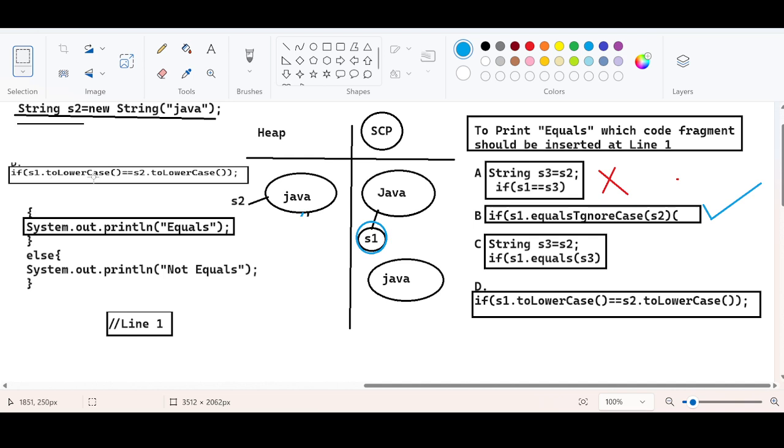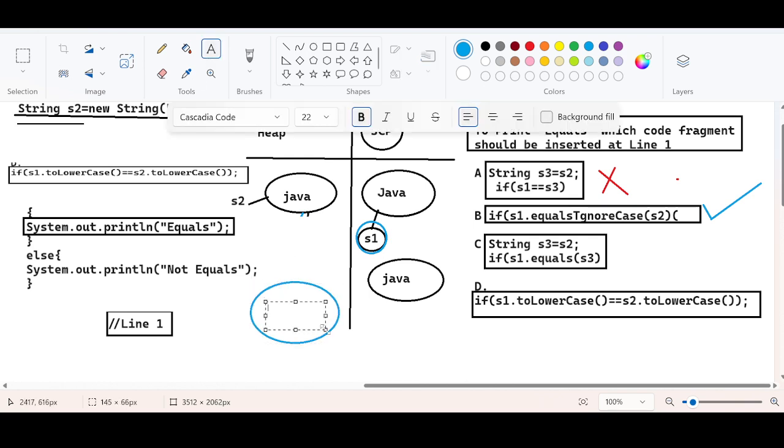Okay, S1 dot toLowerCase. S1 is here, right? And you are trying to do what? You are trying to convert the content to lowercase. So the first letter is in uppercase. Java, the first letter of the content is in uppercase. So we are trying to convert this to lowercase. Due to the runtime operation, a new object will be created, right? And it is going to have what? Java. This Java will become this java,